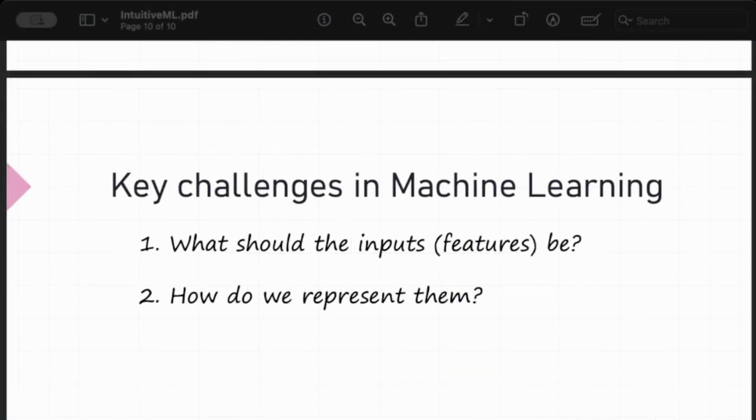So that was our quick, intuitive introduction to machine learning. Now, in our examples, for the spam example, we kind of arbitrarily picked 2 features, and then we looked at a pure mathematical example. In real life, one of the challenges is to figure out what those input values should be. What features of the domain can we capture data on, and do we think will be relevant to figuring out the underlying pattern? And then how do we represent them? Machines, computers, neural networks in particular, only understand numbers. So we need to somehow translate our input into a set of numbers, and they often get scaled down as well. So there are a number of challenges to figure out there.